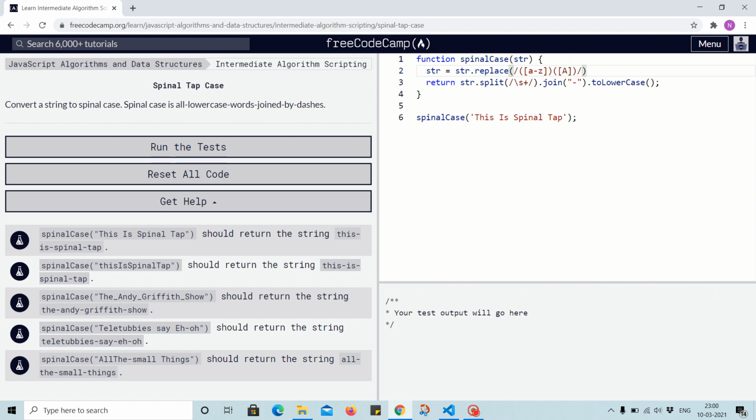Okay, A hyphen Z, and the whole thing is global, meaning repeated search, and then we will give a space between the two groups. Okay,